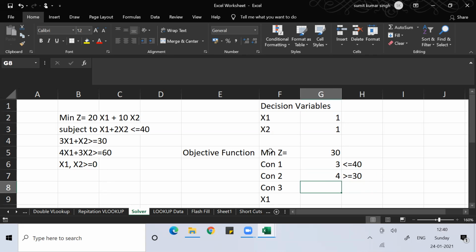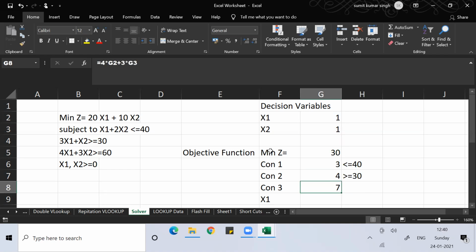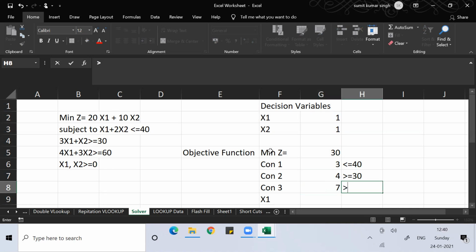What is my constraint 3? Constraint 3 is 4 into x1 plus 3 into x2, that should be greater than or equal to 60.